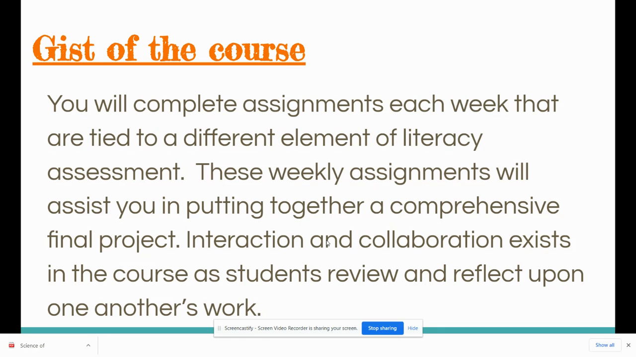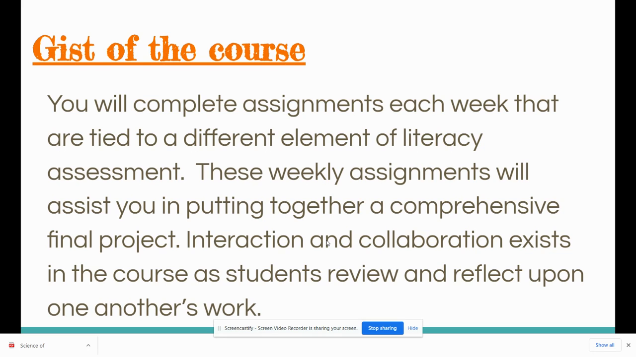In our course, you're going to complete assignments each week that are tied to a different element of literacy assessment. Literacy assessment is a huge, broad topic, and so I've tried to organize it so that each week has a separate focus that will allow us to look a little bit more closely at a specific element of assessment, get to know it better, review it, read about it, study it, and then move on to a different topic under